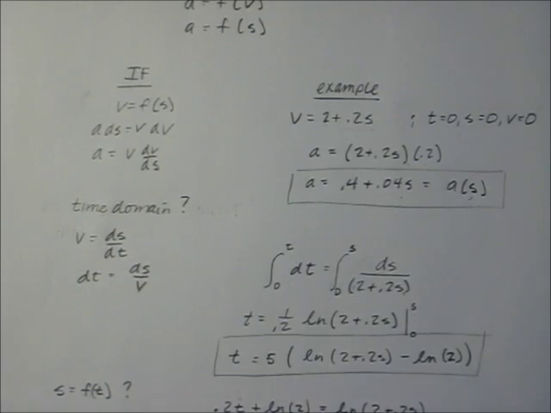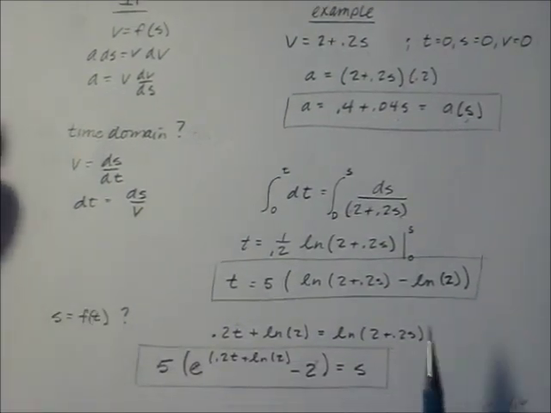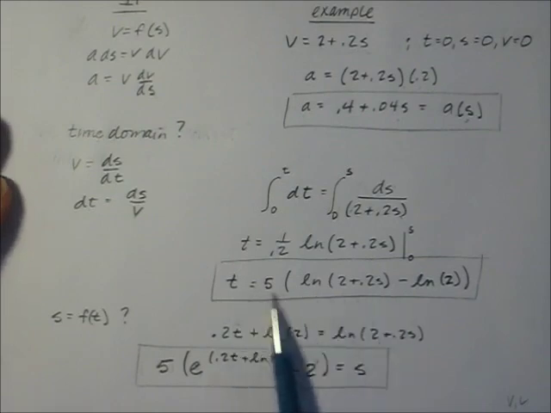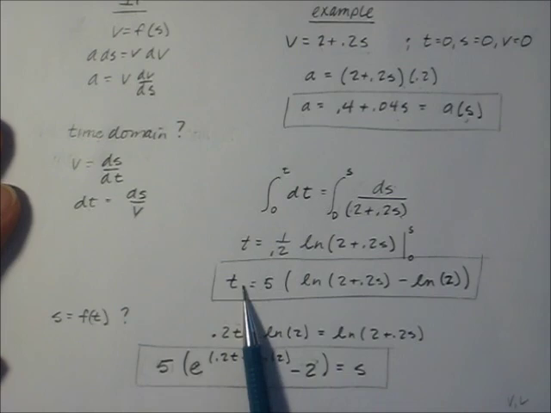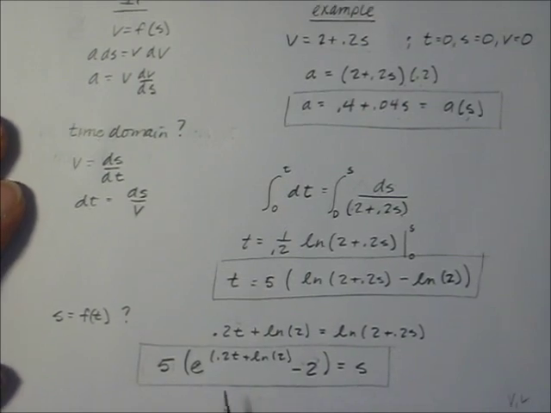And if I want to find out position as a function of time, I need to solve this equation for position. Doing that, I bring it over to the other side of the equation, divide by 5, and take e to both sides, and I get it right there. Then I can see that 5e to the quantity 0.2t plus the log of 2, minus 2, is equal to